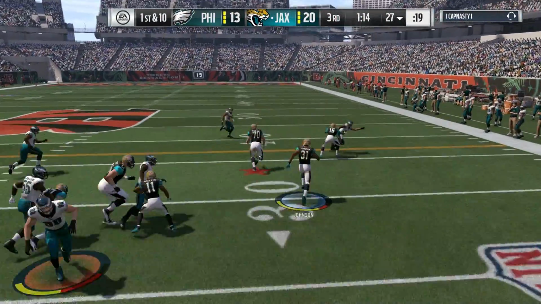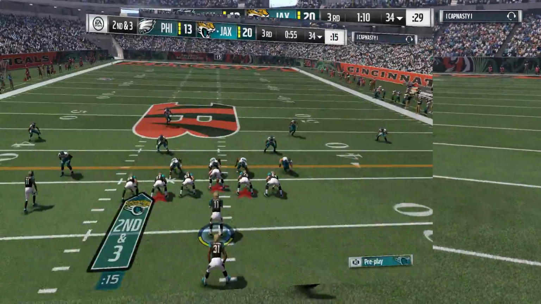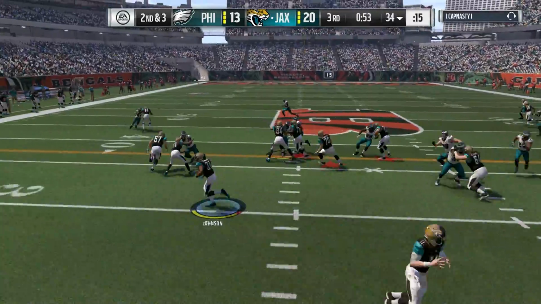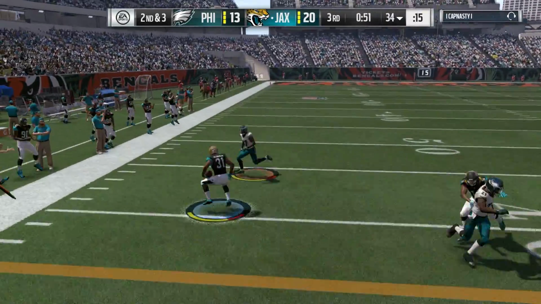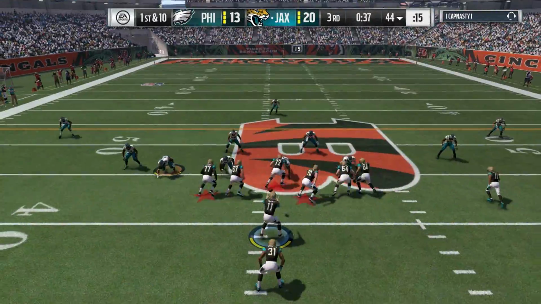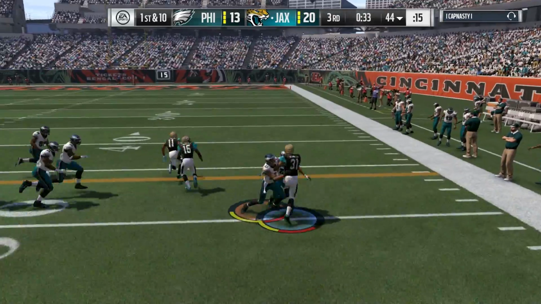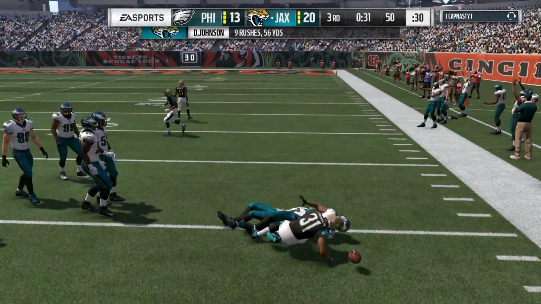So on this drive, we actually are just going to run this little pistol power play, and we're just going to run it right and then left and right and then left, and I'm just going to run it until he stops it. There we are, trucking somebody over to get to about the 44-yard line. So on the very next play, just going to run it to the right. Great blocks, another 6 yards right there to get to the